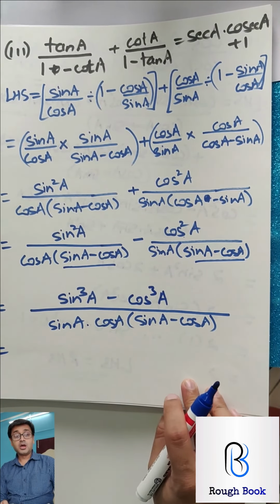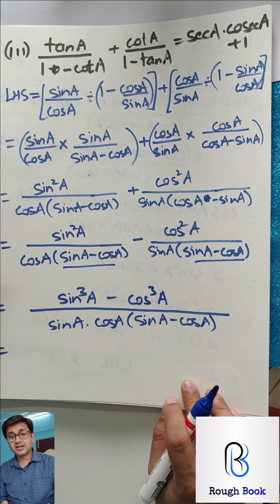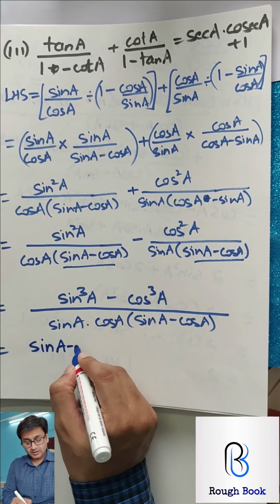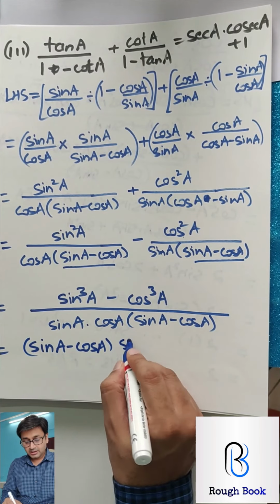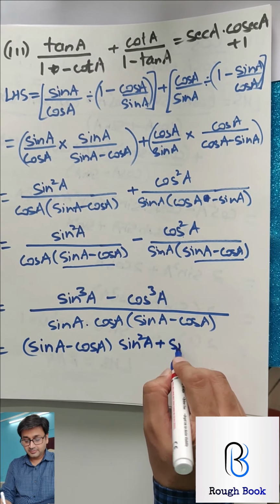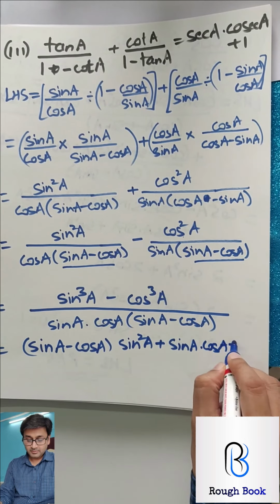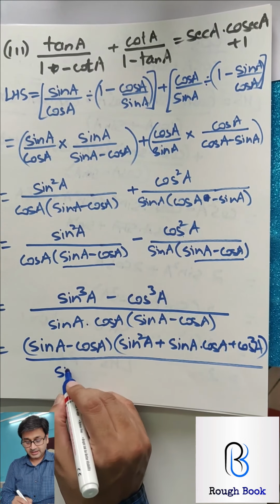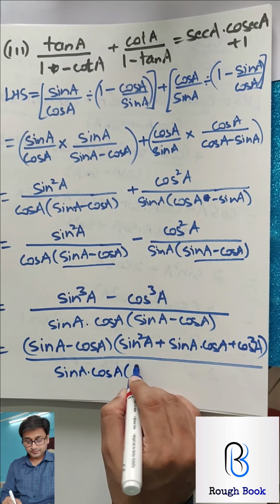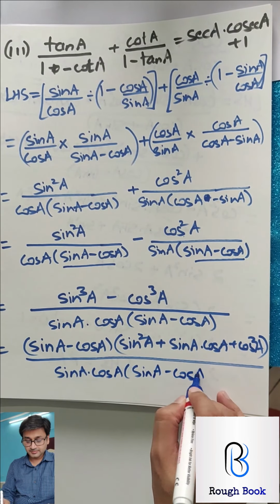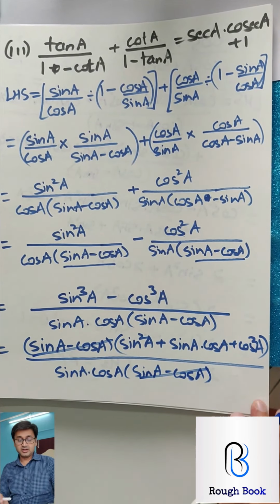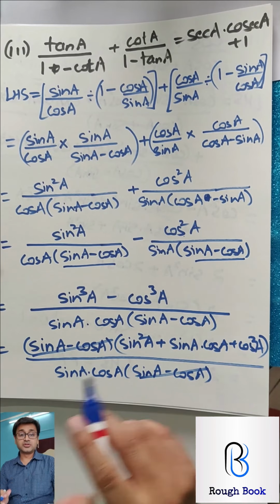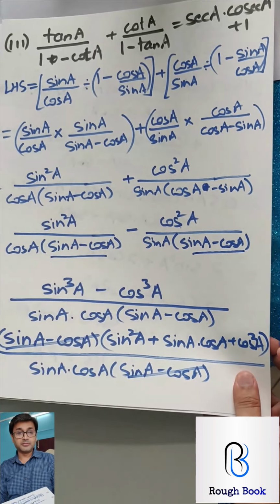Yeah. Formula now. Apply the formula. Reverse LCM is going to be the technique after that. Come on, try it. I have already given you the clue. So A minus B, A square plus AB plus B square in another bracket upon sin A into cos A, sin A minus cos A. So this can straight away get cancelled. Whatever is left is here. Now use this sin square plus cos square as 1 and then use reverse LCM technique. 100% you will be able to tackle this sum.